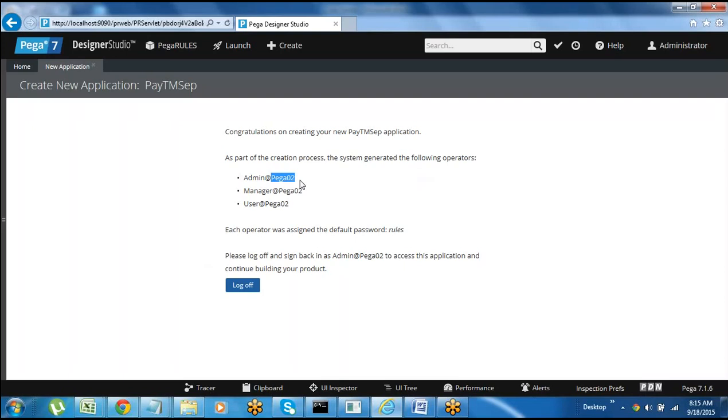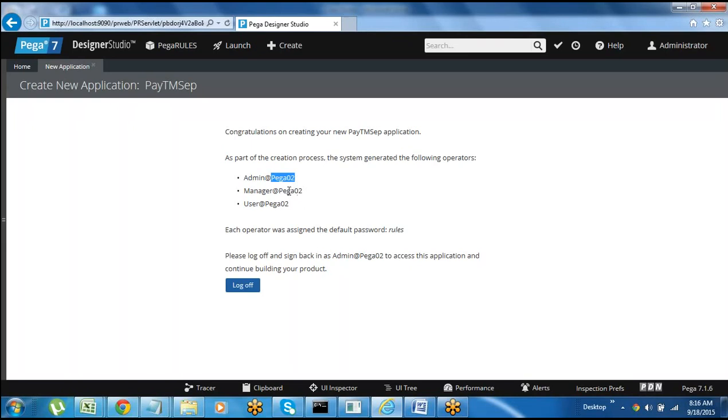For example, if you have given Pega03, then at the rate Pega03 will be your operator ID. The organization name you entered on the first page will be your login ID, so admin at the rate Pega02. If you give a different name, it will show that here.